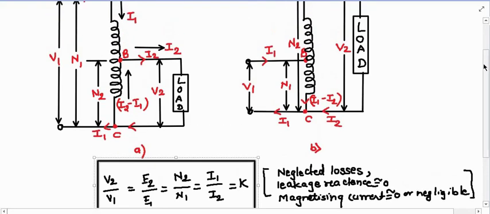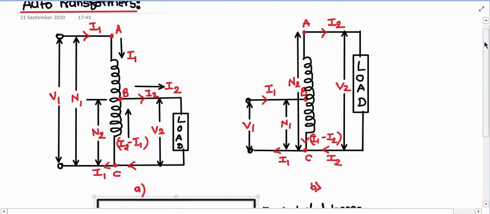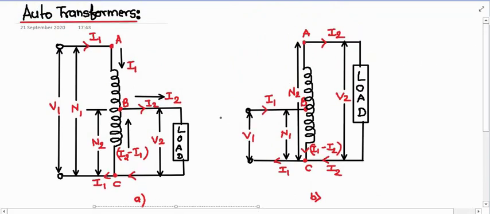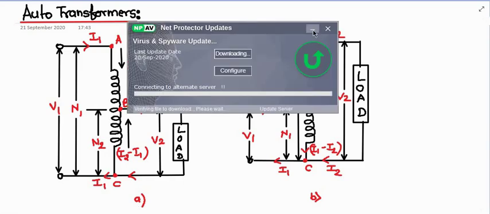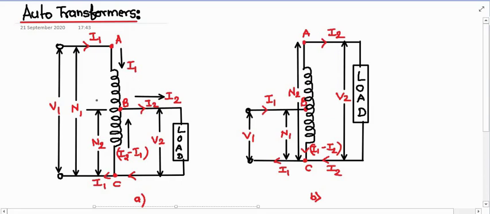So students, in a two winding transformer there are two windings, so the copper required for winding those two windings is more. In case of your auto transformer, you can see the transformer has only one winding, right? As the transformer has only one winding and it can behave as a step down or step up transformer, the copper required is less. So there is saving in the copper. With the help of a mathematical explanation, I will tell you how there will be saving in the copper in case of the auto transformer.